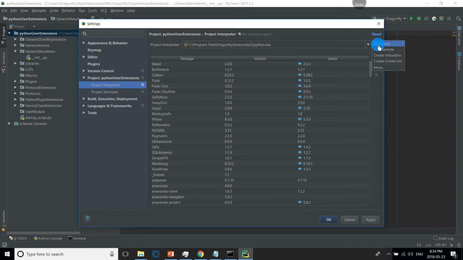On my machine it's C program files, Dragonfly, Anaconda 3 Python. Does everyone see that? If not, then you can change it in the settings. If you select and you don't see this Dragonfly, then you can go into settings and add local.